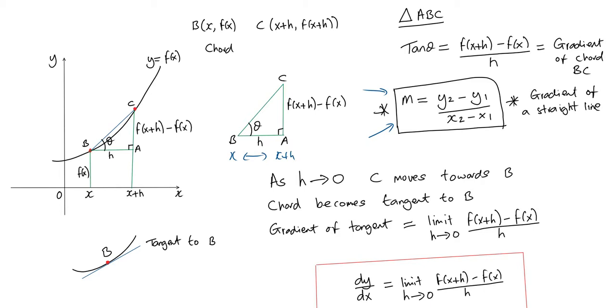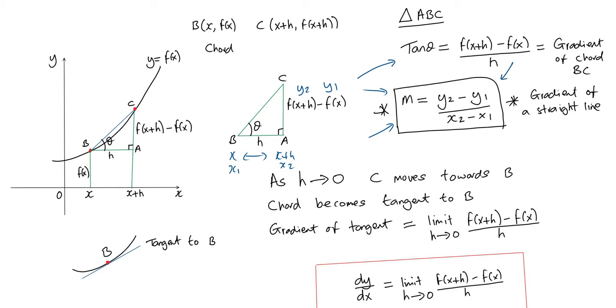So this is y2, this is y1, this is x1, and this is x2. And so this formula for tan theta is really the same as this formula here,